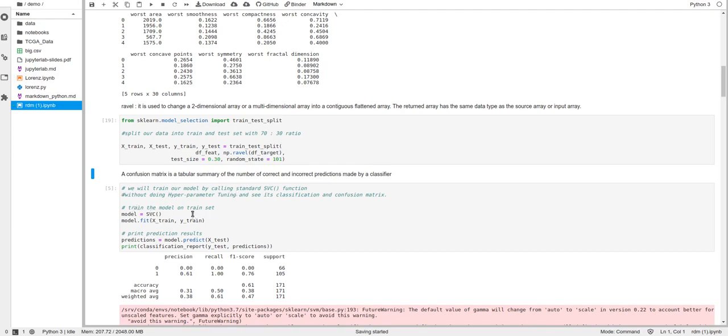Now we will train the model by writing the SVC function. Here we can fit our training datasets, X train and y train, and print the prediction values for y test classification here.